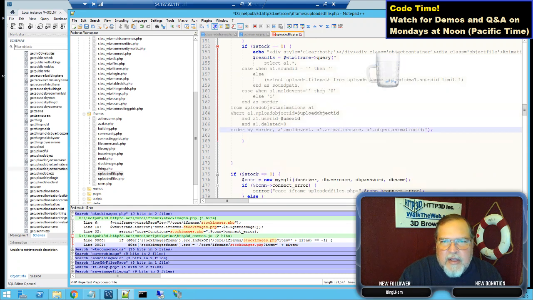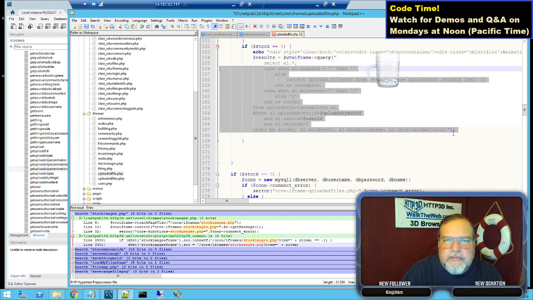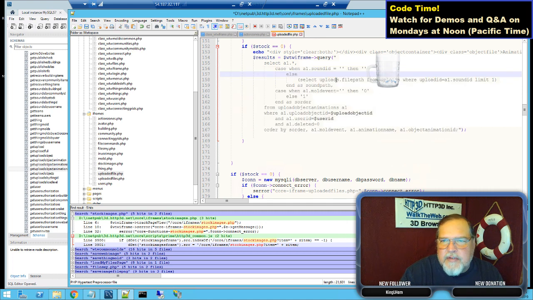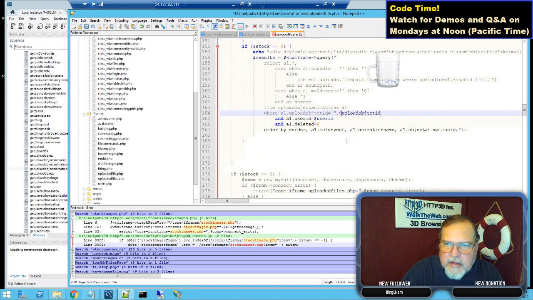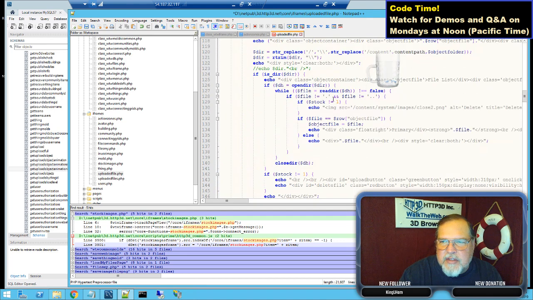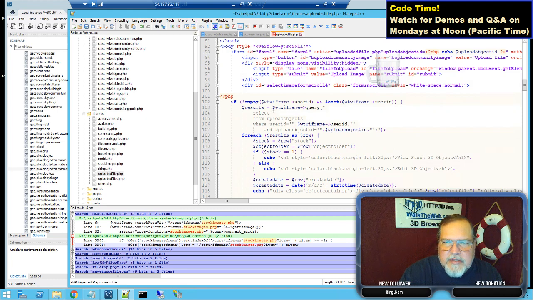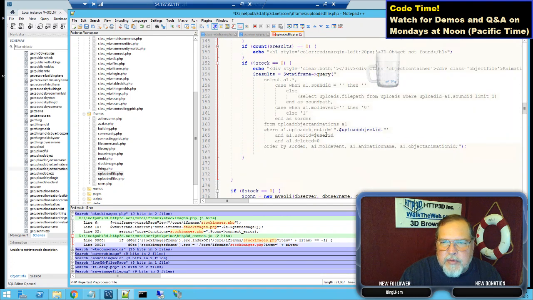That helps. Okay, so this one is all of this. And notice I even have a case select statement within the field list. It's a pretty cool thing. Okay, we have the upload ID, and once again, I'm not passing the user ID. I'm going to pull it from my standard variable, which is the same as that notation. No reason to retype the thing. Okay, and then for each results as row,